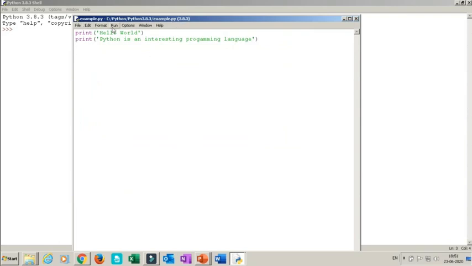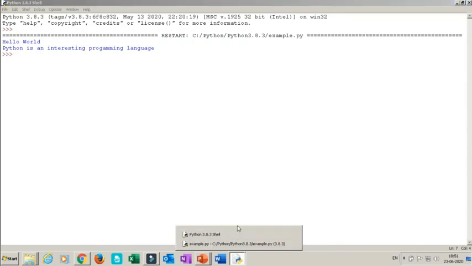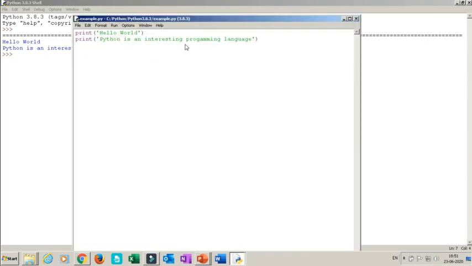Now to run this you can click on the run or simply press F5 also. Just click it here. Now it will execute and you will get the output in the interactive mode. You can see here on the interactive window you will get the output. So you can see your program is in the script mode and you are getting the output on some other window. This way we can create the program, and this file will be saved for later future use also, but this is not possible in the interactive mode. So this is the difference between the script mode and interactive mode.